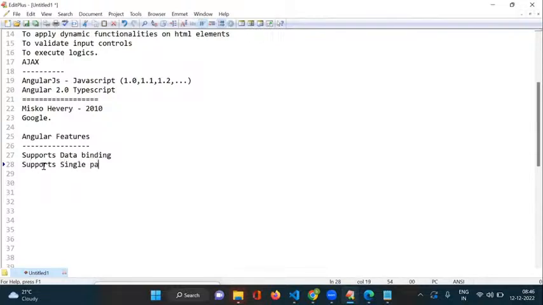supports single page applications. A very big advantage of Angular is the single page application concept. This is one of the main features. We can also call it the routing concept. Around one week, minimum 7 sessions, we are spending on this routing concept. From this point of view, we are discussing authentication, authorization, login, logout, these types of mechanisms, router